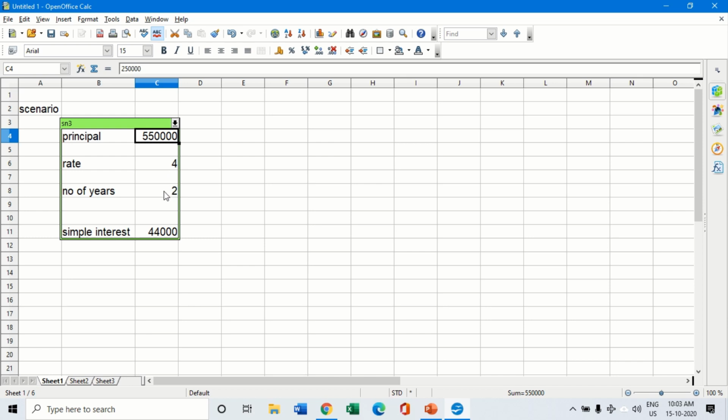So what is a scenario? Basically, scenarios are changing or different alternate values in the same set of formulas. You can save them and keep them ready for later use. What will be the change in a particular formula? This is what is called a scenario. Once all these scenarios are ready, I can instantly use them whenever I want to. This way I can create multiple scenarios for multiple varying values.